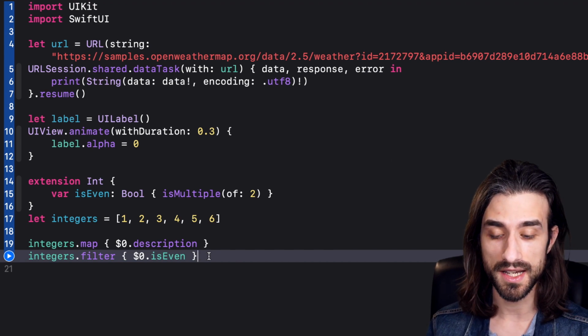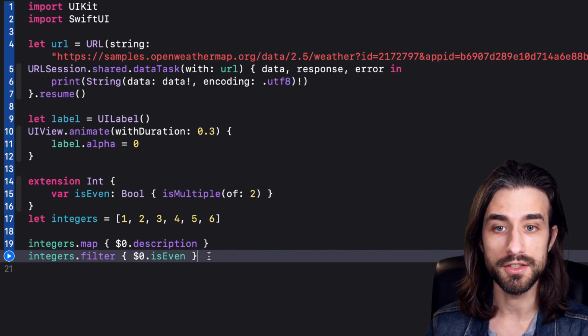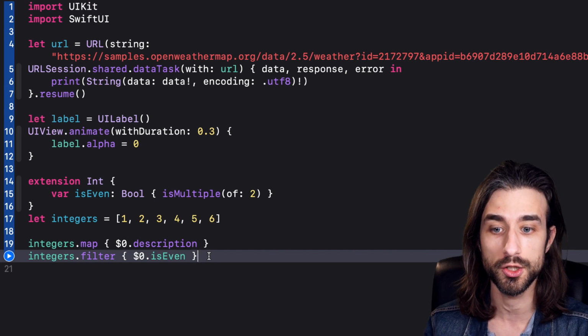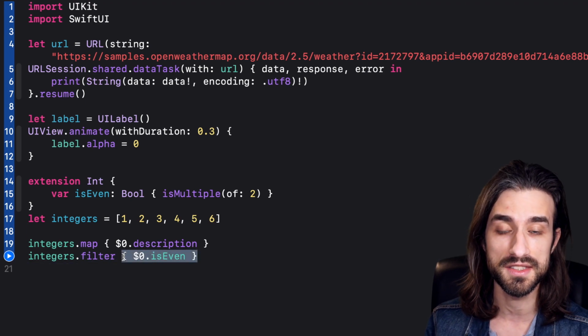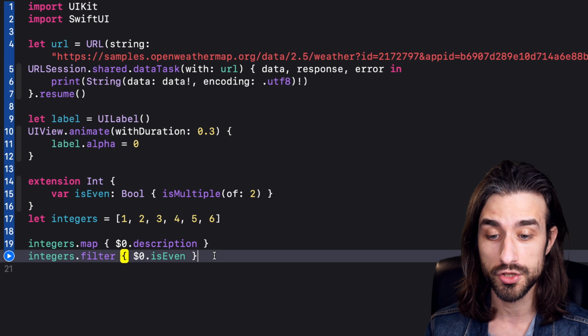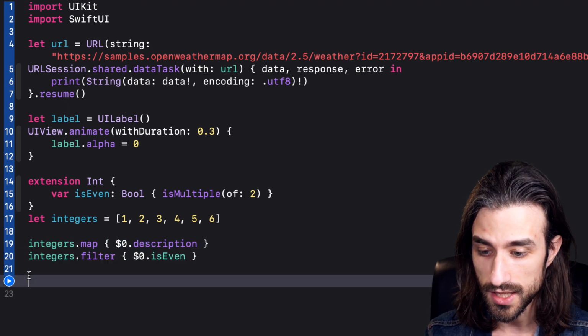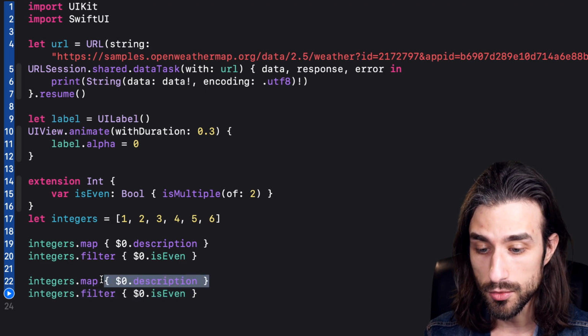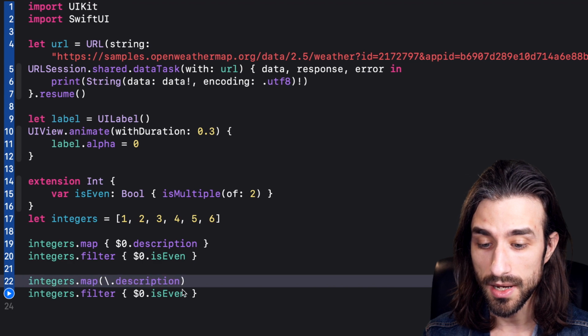And when we formulate it like this, we can see that these closures actually perform the exact same job as a KeyPath, because the job of a KeyPath is to have a reference on a property that we can then invoke on an instance in order to get the property. So invoking a KeyPath on an instance is the same thing as calling this kind of closure and giving it the instance as its argument. And it's so similar that we can actually take this code, we can copy it, we can paste it, and we can remove the closure, and instead we can directly pass in the KeyPath as its argument.